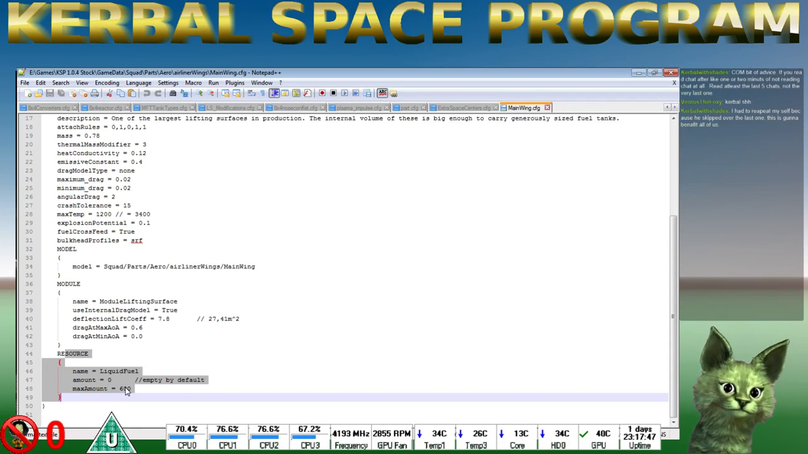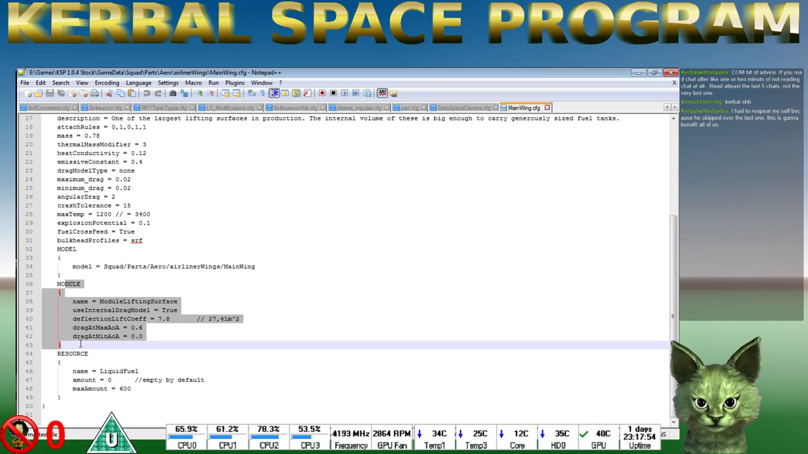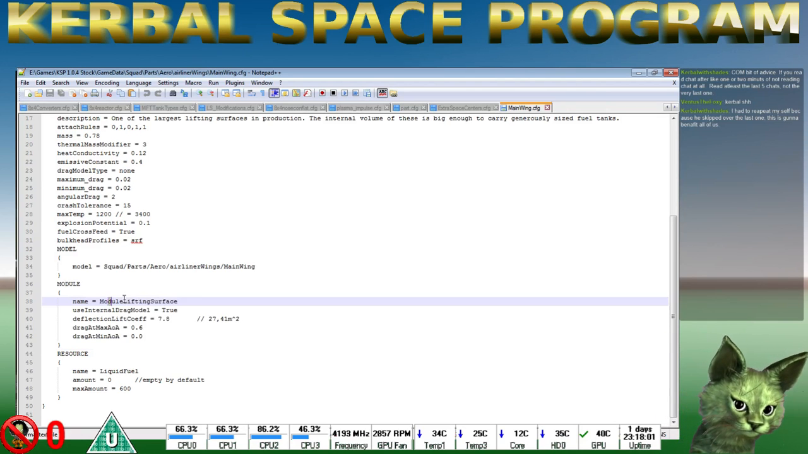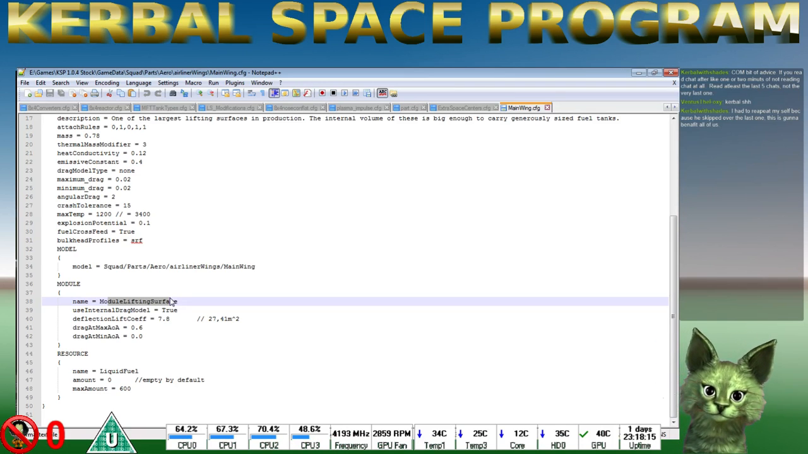So going back to what Kerbal with Shades has said with regards to these modules, you can have this module on any part. So for example, module lifting surface does not have to be confined to wings. You can have it on fuselage parts as well, and they can function as a lifting surface, which is actually more realistic,